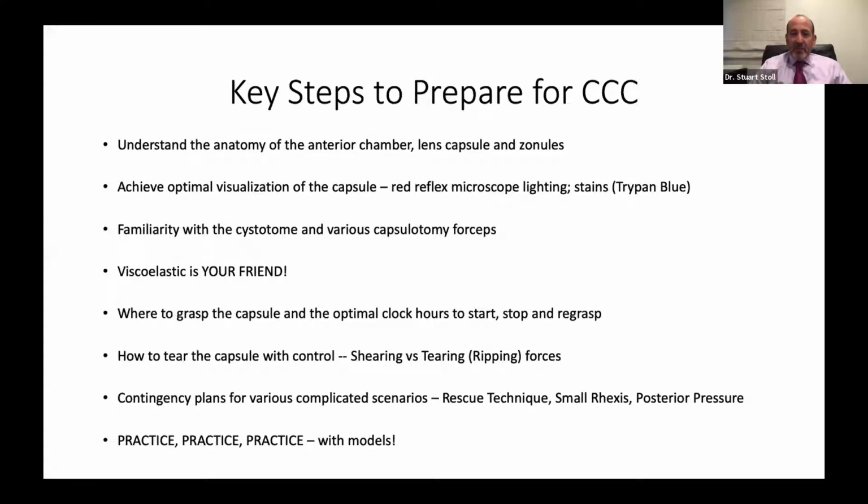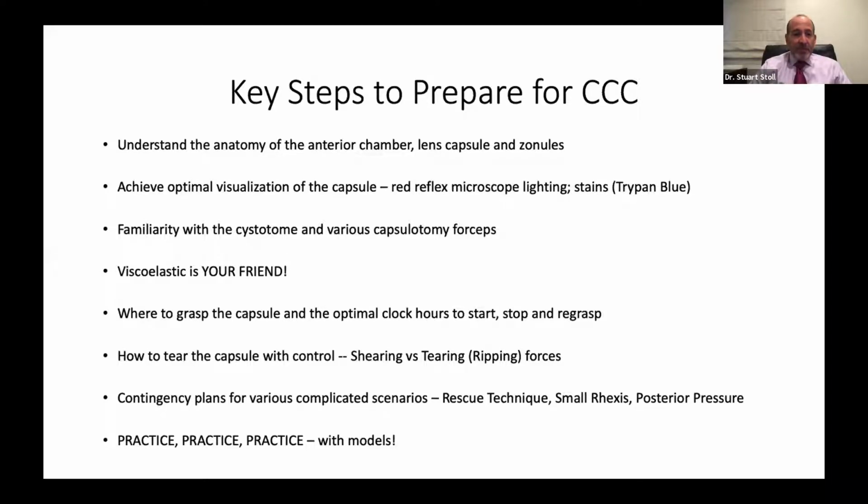Understand that a lot of scopes have a red reflex lighting system that enhances the red reflex. Or if you can't get a good red reflex for whatever reason, you need to be able to use a capsule stain like trypan blue. You have to be able to see what you're doing in order to understand what's going on and control that